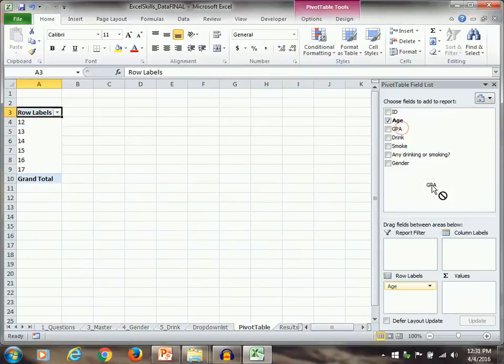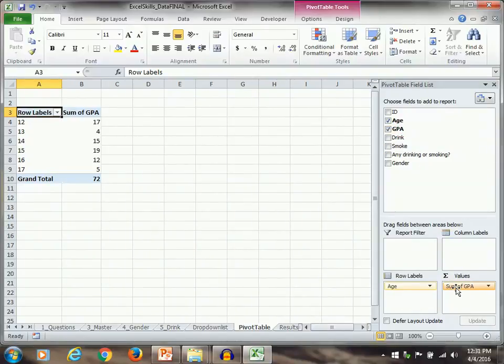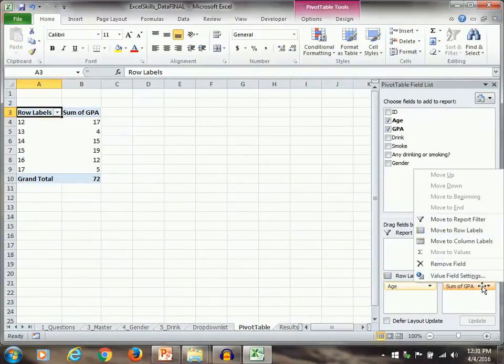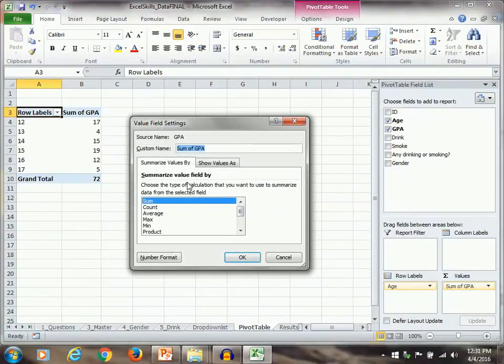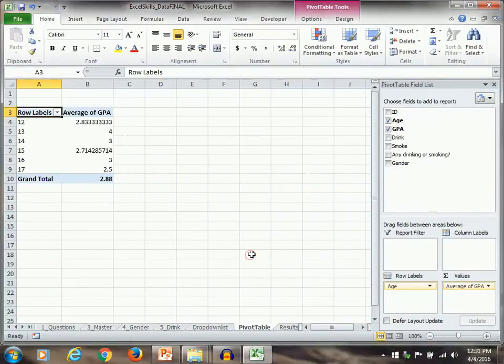So I'm going to click on GPA and drag it to values. Right now it's summing all the values inside each cell. That's not what I want. So I'm going to click on the sum of GPA, go to value field settings, and say average. And so now I have just a quick list of all the ages and all my average